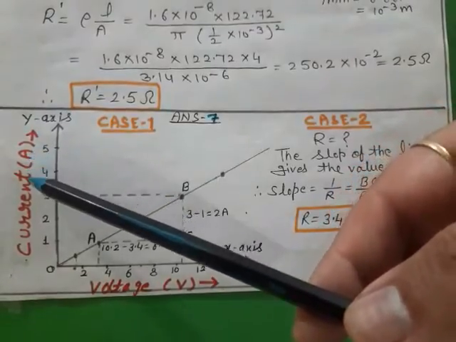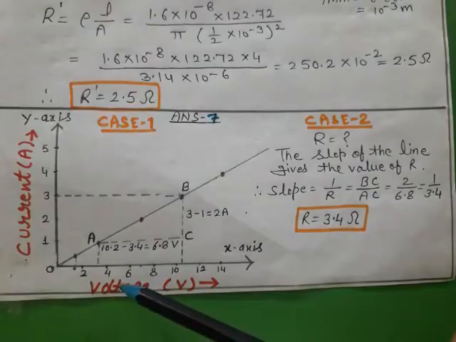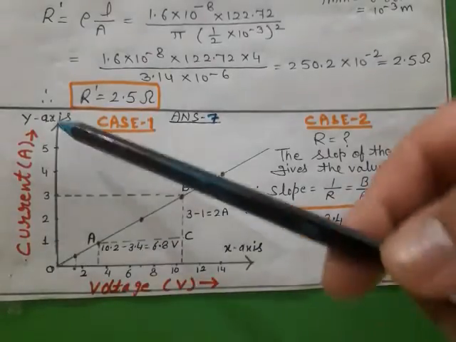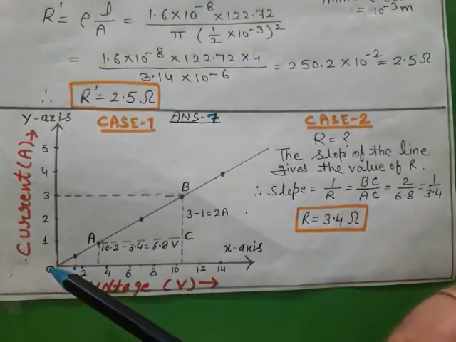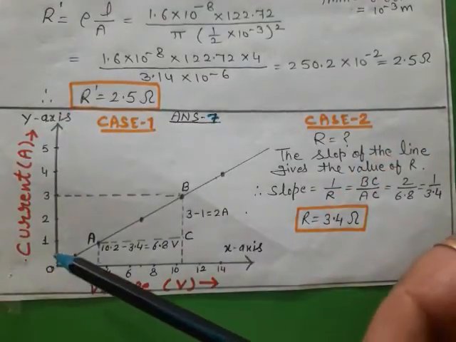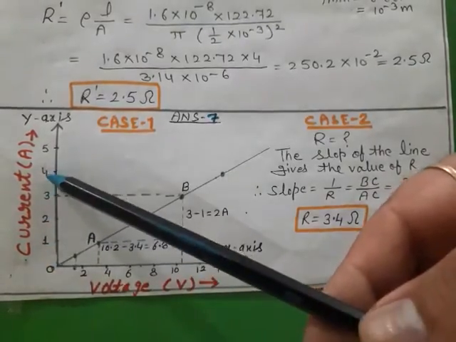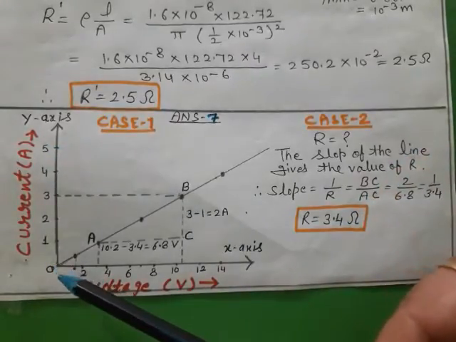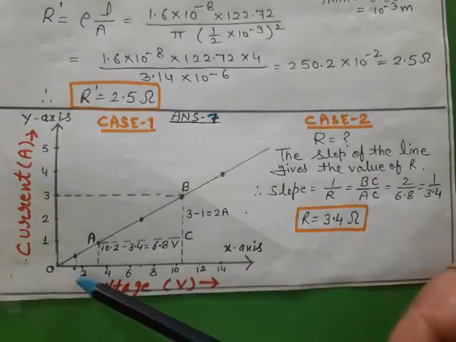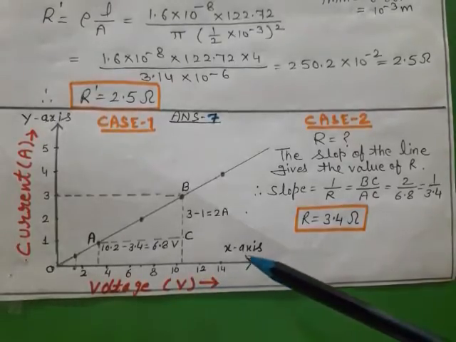You can see on the screen very carefully, on the x-axis we are taking potential difference or voltage in volts, on the y-axis we are taking current in ampere. So now we are putting the values 0, 1 ampere, 2 ampere, 3 ampere, 4 ampere and 5 ampere, as I read out from the table. And the value of potential difference is given here. We are taking as a scale 2 volt, 4, 6, 8, 10, 12 and 14 and so on.